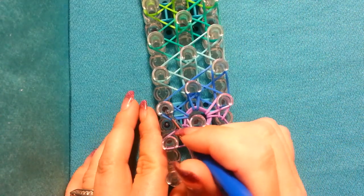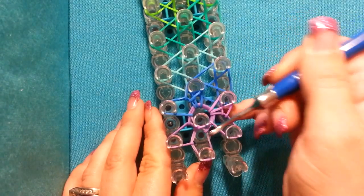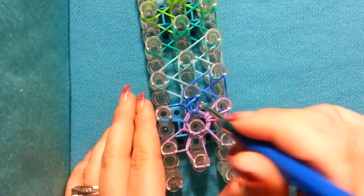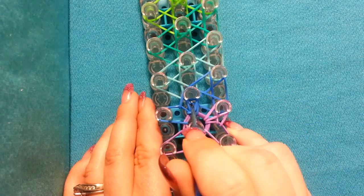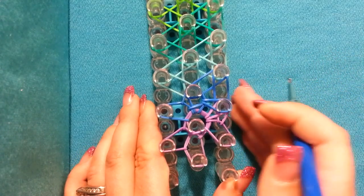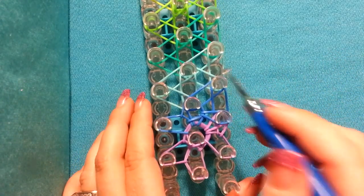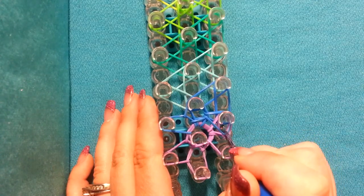Coming down to this bottom left, grabbing that band, bringing it up and into the middle. Going down into this middle pin, grabbing that top band, bringing it down to the right. And then we can go ahead and go into this bottom right pin, moving those bands out of the way,